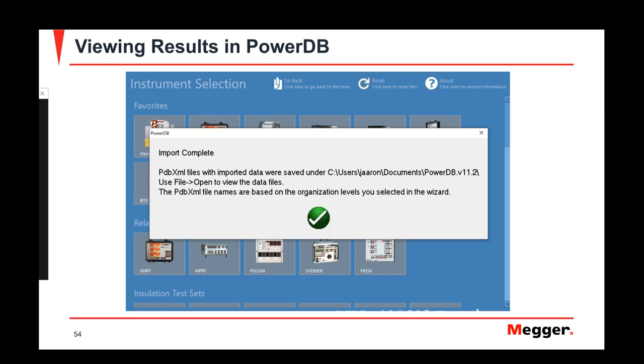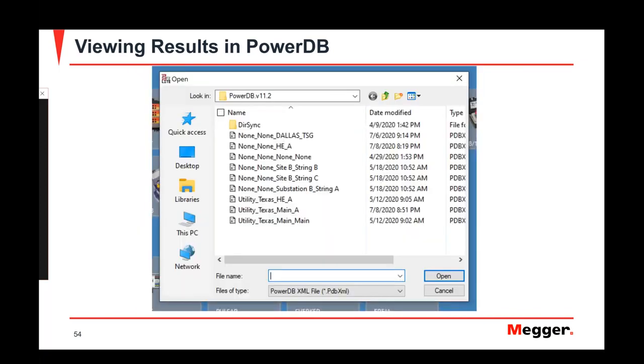So next, it's going to tell you that the import is complete, and go ahead and press the green check mark, click on that. And then it's going to ask you how you want to save that file. Go ahead and ensure that the name of the file is named the way that you want to name it, and